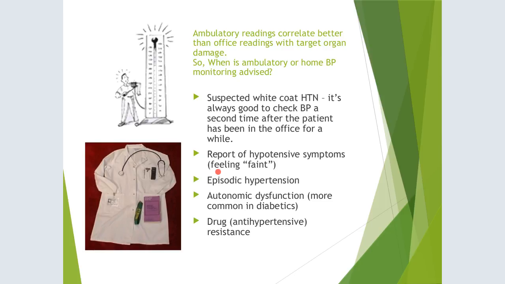If they have episodic hypertension, I was talking with one of my little LPNs today. She is probably 4 months postpartum. She's in her early 20s, and she's having some fluctuation of blood pressures. I'm like, friend, your hormones are still kind of all out of whack, and you have a lot of situational stressors. There's a lot going on, but she's having episodic hypertension. So she's doing some home ambulatory blood pressure monitoring, and some monitoring at work, of course, because she's at the nursing home. That's one of the reasons you want to check those blood pressures at home.